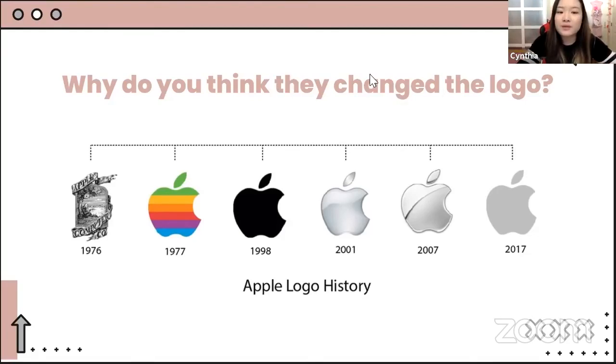And so with the bite of the apple, Steve Jobs actually wanted to include that bite because he wanted to differentiate it from looking like an apple and a cherry. So that's why the bite is included. And there's a little play on words of byte and gigabytes. So that's a little fun fact about that. And he also wanted to keep changing the logo through the years to just show how the company is evolving.